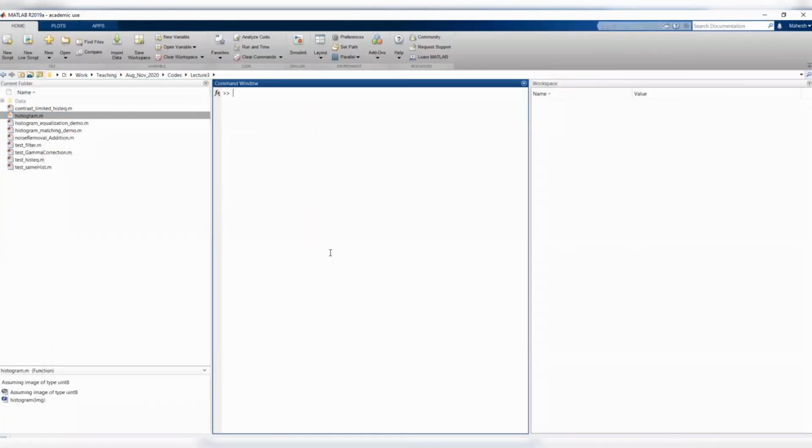Okay, let's see that. Let me load some image for you. I will load the same low intensity light image. I just need to show you the image.